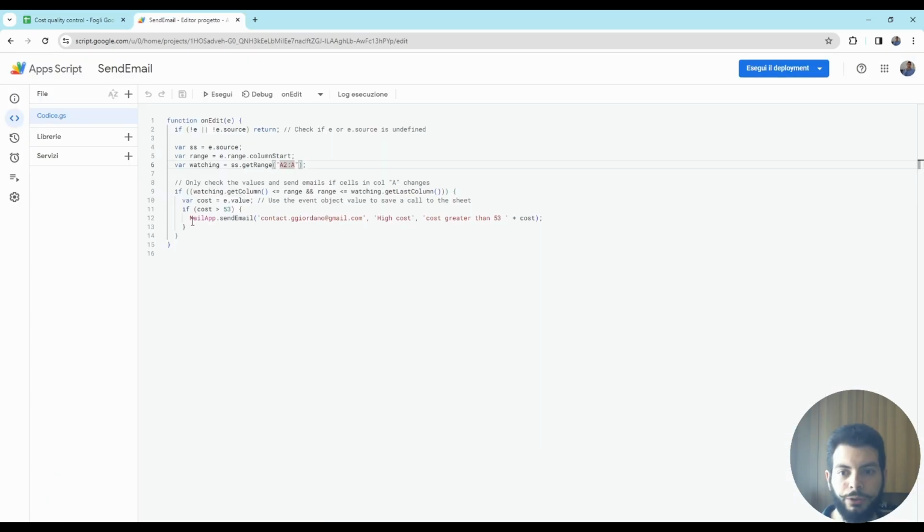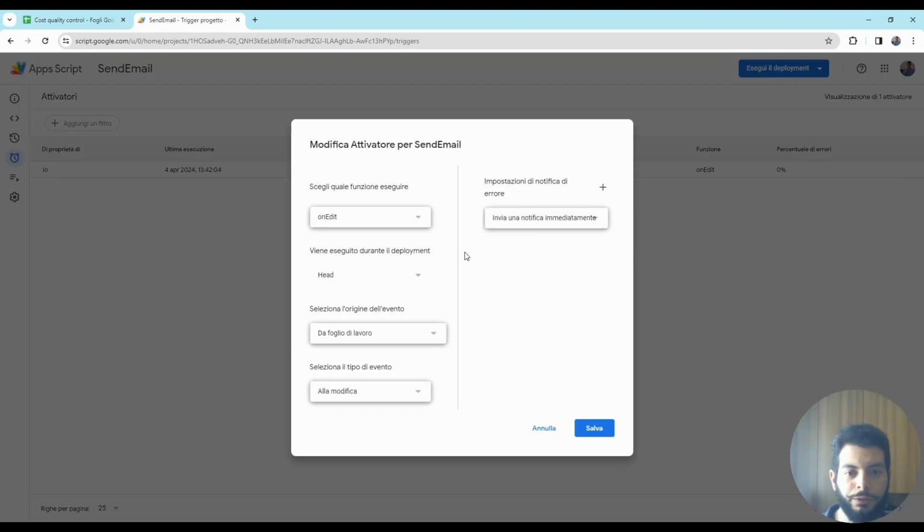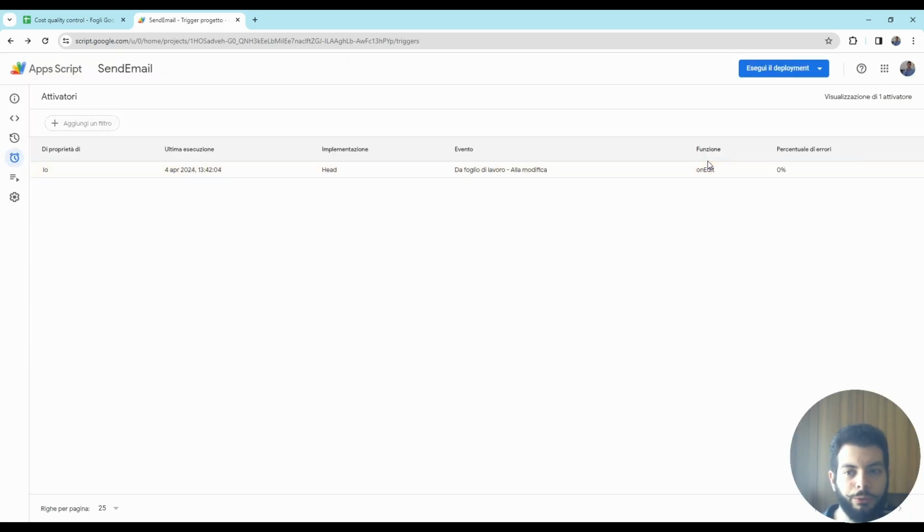But in order to receive the email though, I have to go to activators and show you the options. And this is on edit, where on the spreadsheet, send immediately a notification. Without this, of course, you don't receive the mail. Of course, you have to give all the authorizations since it involves Gmail.